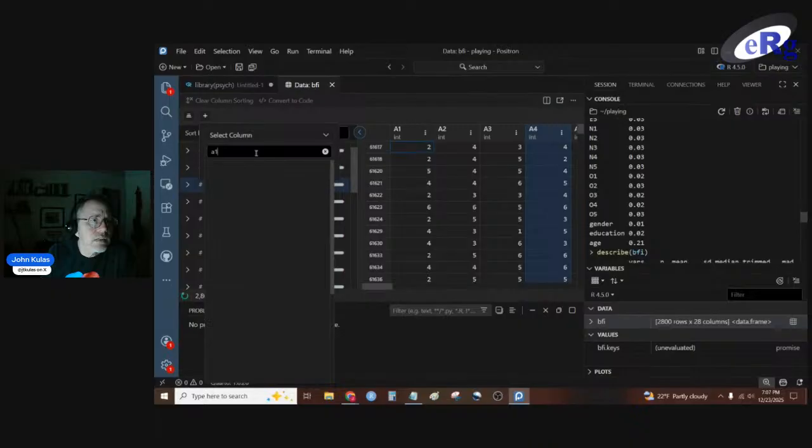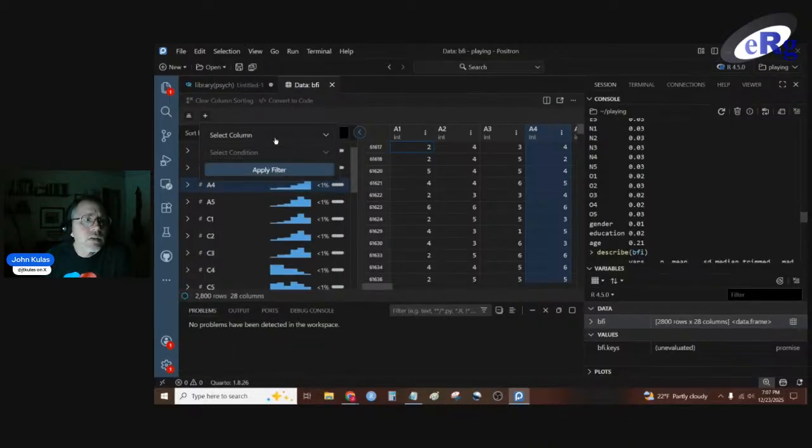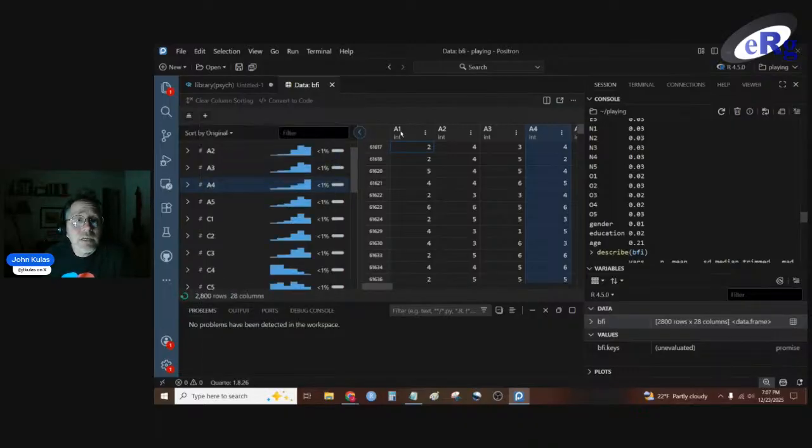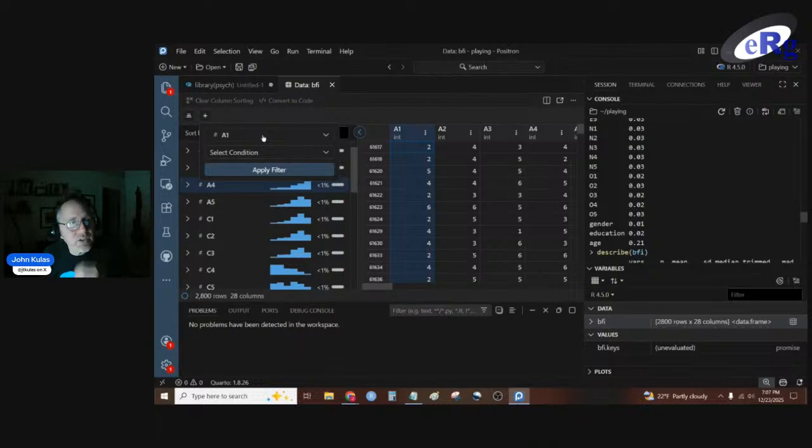I don't know why it's not. Okay, what's going on here? I want to select the column, but I can't select the column. Maybe I need to select the column first, then try a filter. There we go. So again, there's some navigation issues here,